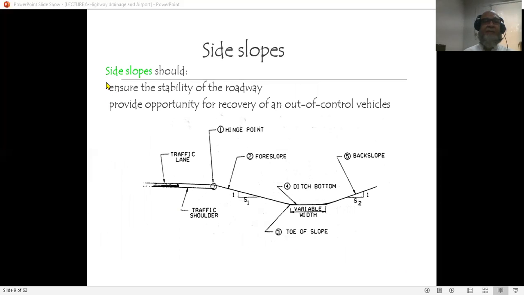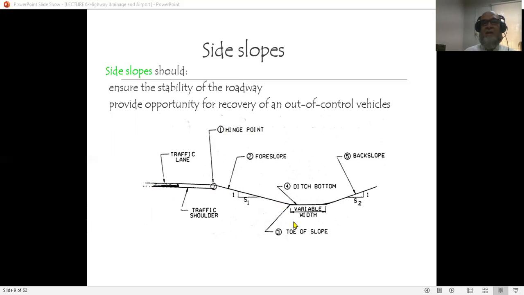Now here is the description of the side slope. So we start with the traffic lane, and then there is a shoulder. And the point where the shoulder and the storm drainage water meets, it's called a hinge point. Slope going towards the drain from the roadway, we call this a fore slope,